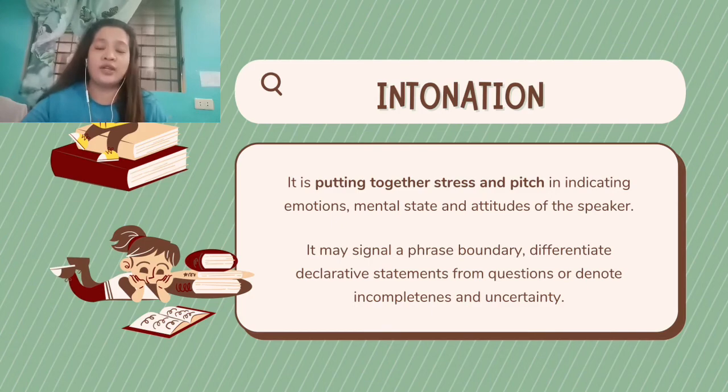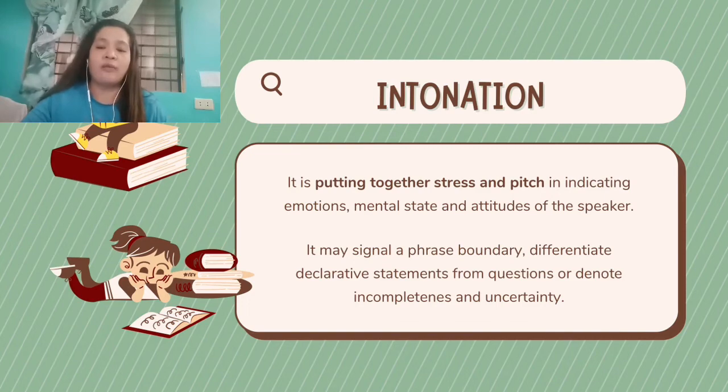This is called intonation. Intonation is putting together stress and pitch in indicating emotions, mental state, and attitudes of the speaker. It is also used in ranging functions of an utterance, such as focusing attention on the significant elements of the message, helping and directing verbal interactions, signaling statements, and differentiating questions. It may signal a phrase boundary, differentiate declarative statements from questions